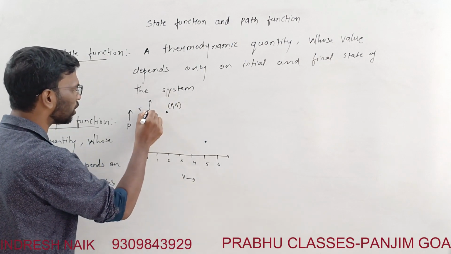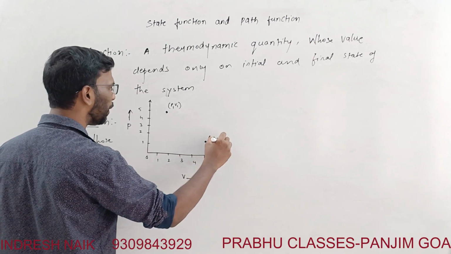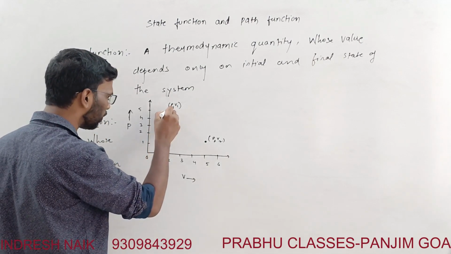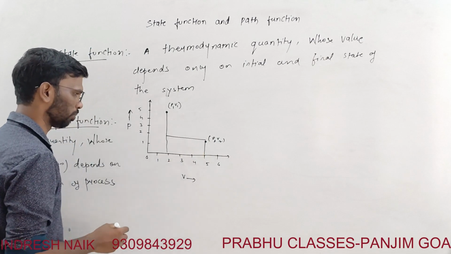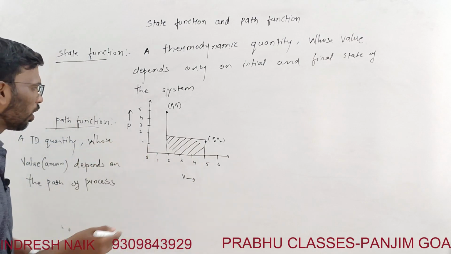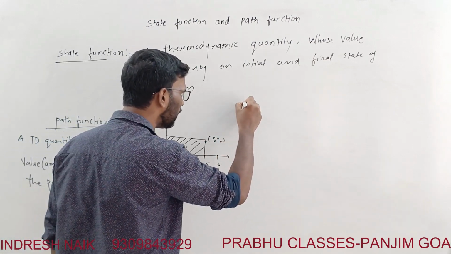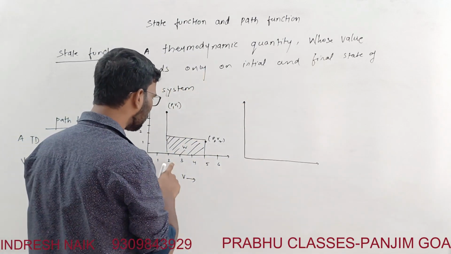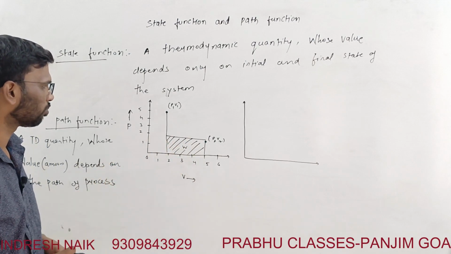What are the coordinates of the pressure and volume? P1 V1, there is a certain pressure 5 and the volume V1 2. Here also pressure P2 V2. And this process is carried out in this manner. It is an expansion. You can see this is the graph. So what is this? Shaded region is the work done. I will write that. Shaded region is the work done. Same thing I am doing again. And you can understand that this is an irreversible expansion, right?